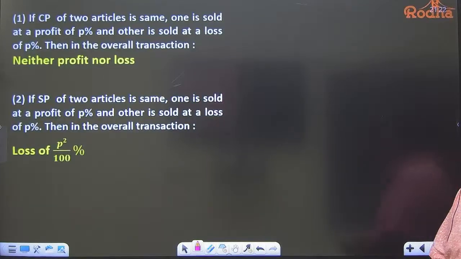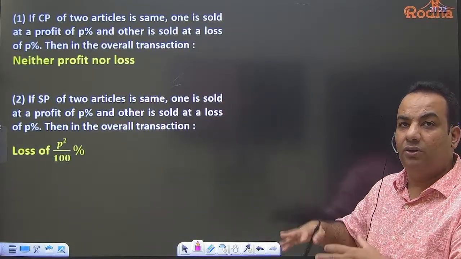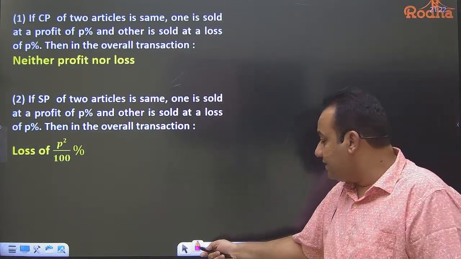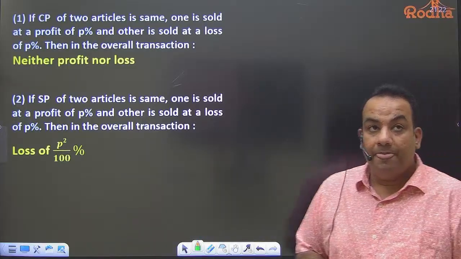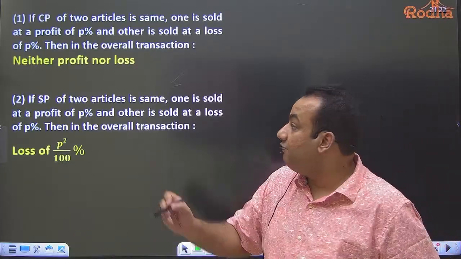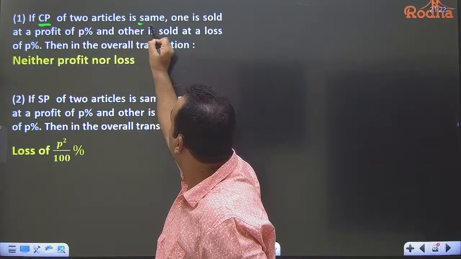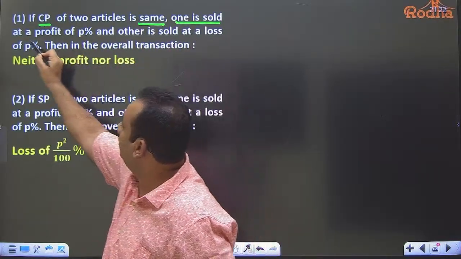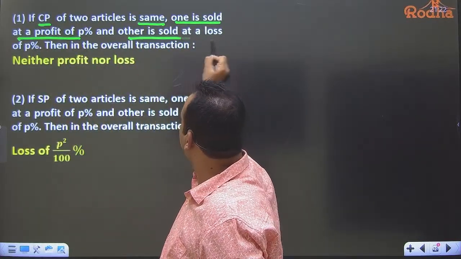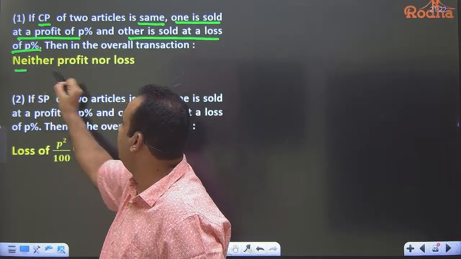Now, moving to the next part. This is a very important point used in the exam. Please read these 2 points. The first point says, if the cost price of 2 articles is the same, one is sold at a profit of P%, other is sold at a loss of P%, then neither profit nor